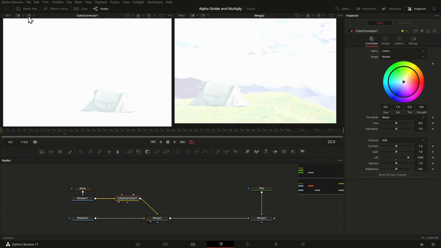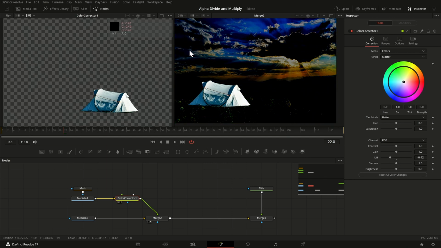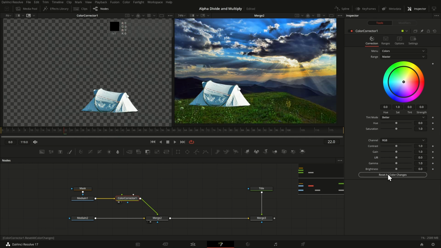Let me open the color inspector here. You see, even though alpha is 0, I still have color values here which then get into the final composition. Or if I go in the other direction, I actually see negative color values here where the alpha channel is 0. So the fact that it's fully transparent is not being considered. I am doing manipulations of the RGB values even though alpha is 0. And that happens with most of these operations, also brightness, etc.